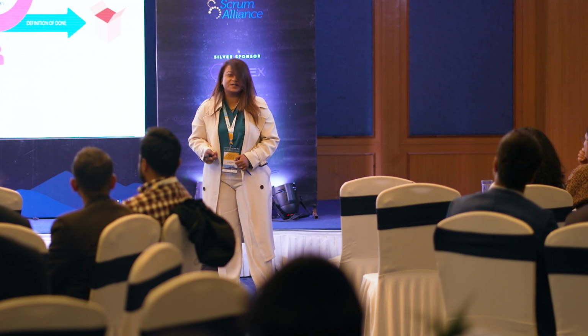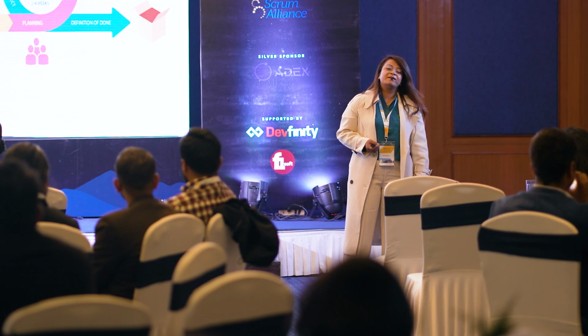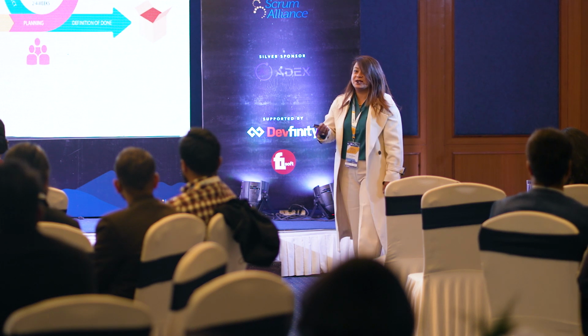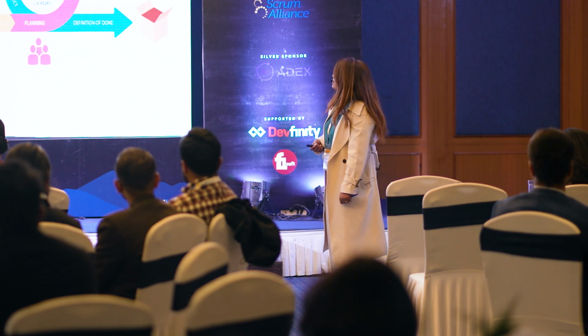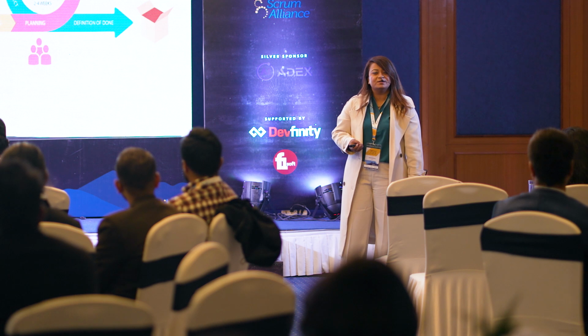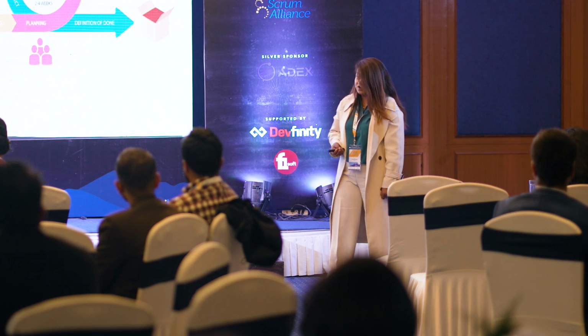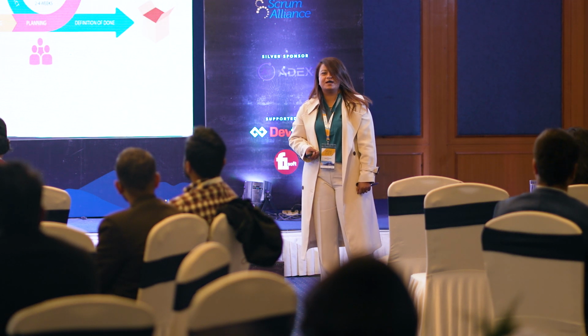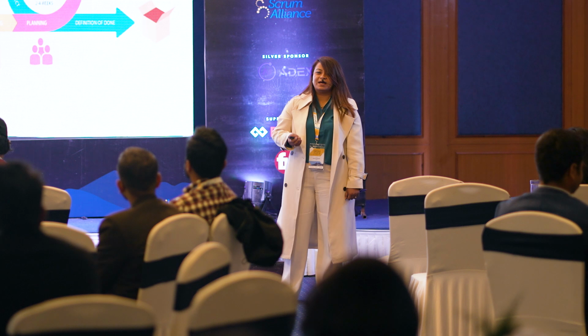This, by the way, has recently been updated in 2020. The 3 roles are now called 3 accountabilities, and the 3 artifacts are now followed by 3 commitments. The 3 accountabilities are the PO, the product owner, the Scrum Master, and the dev team, which is also called the developers now. The 5 events are the sprint cycle, inside which come the sprint planning, the sprint review, retrospective, the sprint itself, and then the daily scrum. The 3 artifacts would be the product backlog, the sprint backlog, and then the increment.